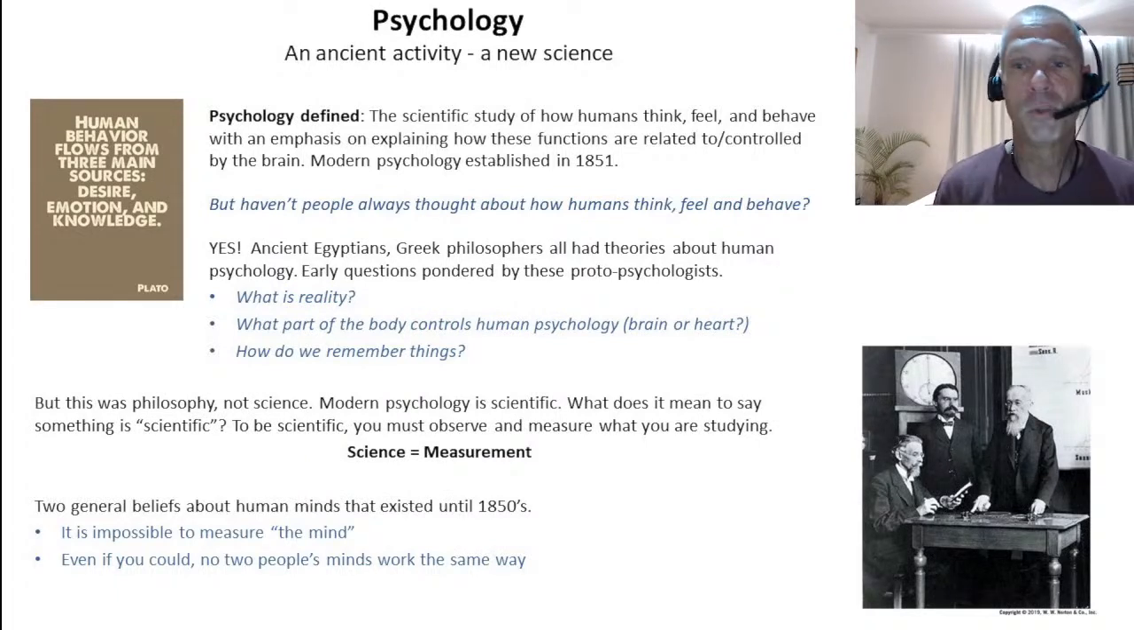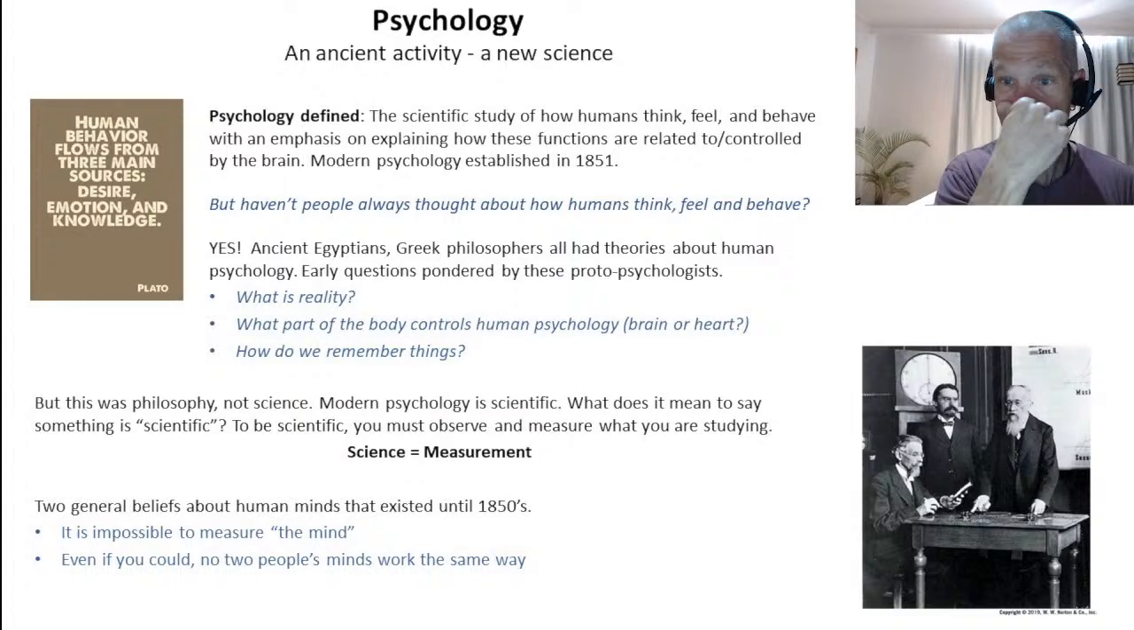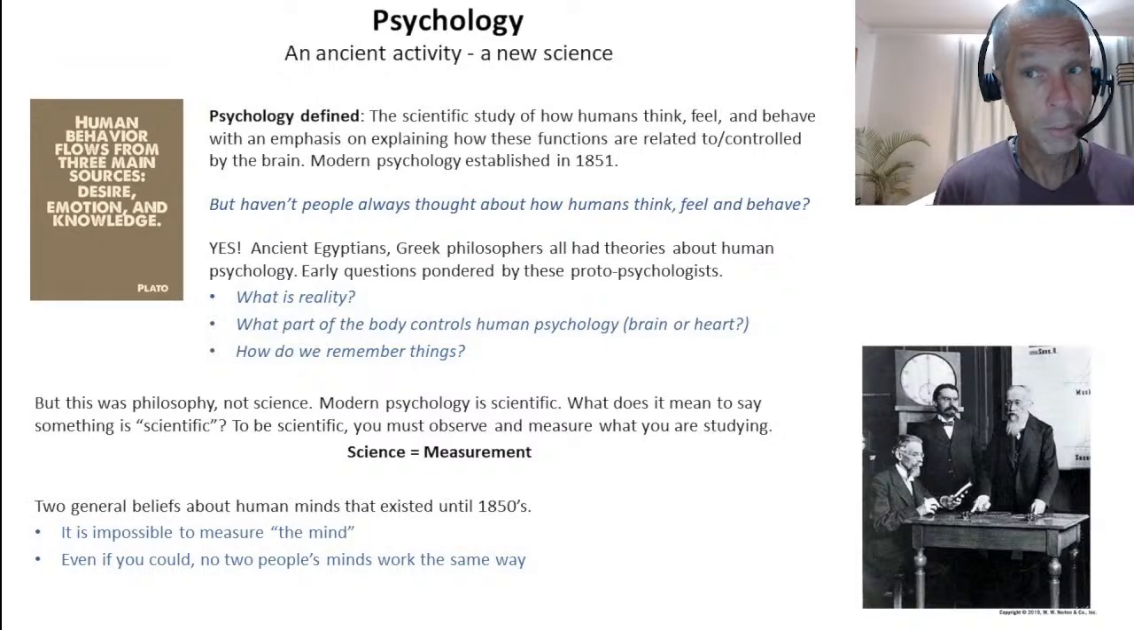And then people also suggested, you know what, even if you could measure the mind, everybody's mind is different. Everybody has a different way of thinking. So, in order for psychology to be born as a science, someone had to demonstrate two points. Number one, that the mind could be measured, that mental abilities could be measured, and that these abilities were